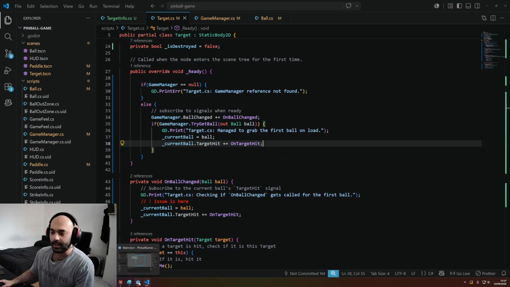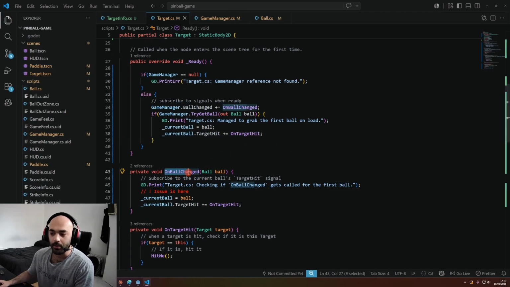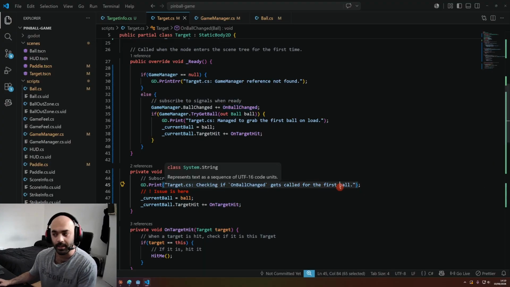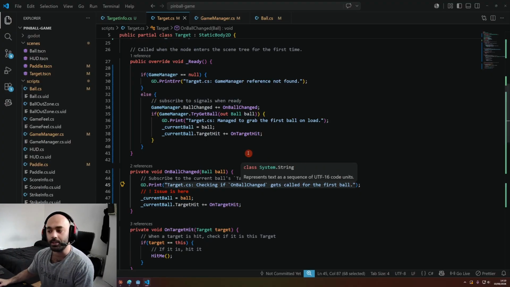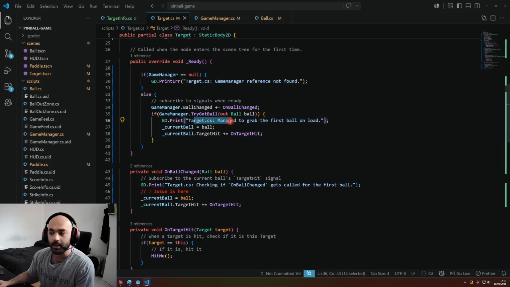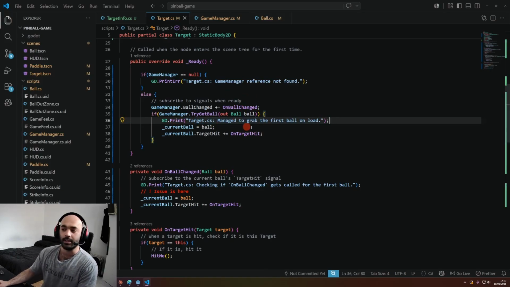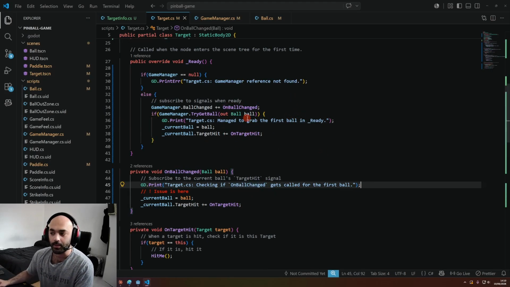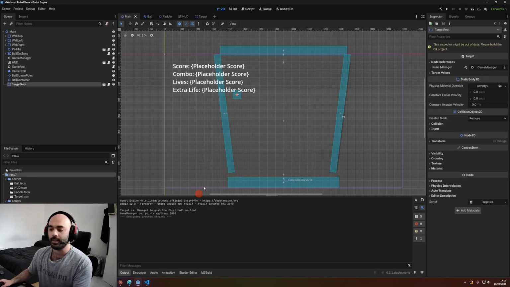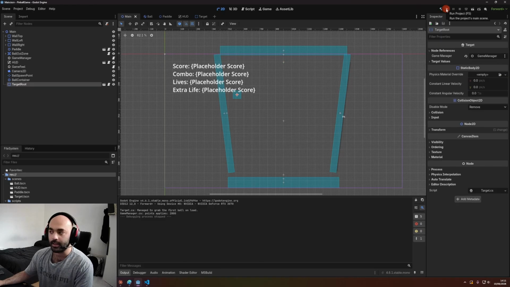So now that works. You will see on my on ball changed, I've got this print statement here, checking if on ball change gets called for the first ball. You'll see this won't get called, but it will get called for subsequent balls that get respawned. This will get called: target managed to grab the first ball on load. This is in ball in ready. So this will get called, but the on ball change won't get called for the first ball. But this is what fixes it: on ready, that's when I'm grabbing the current ball and then subscribing to target hit. And you'll see here, if I build and load,